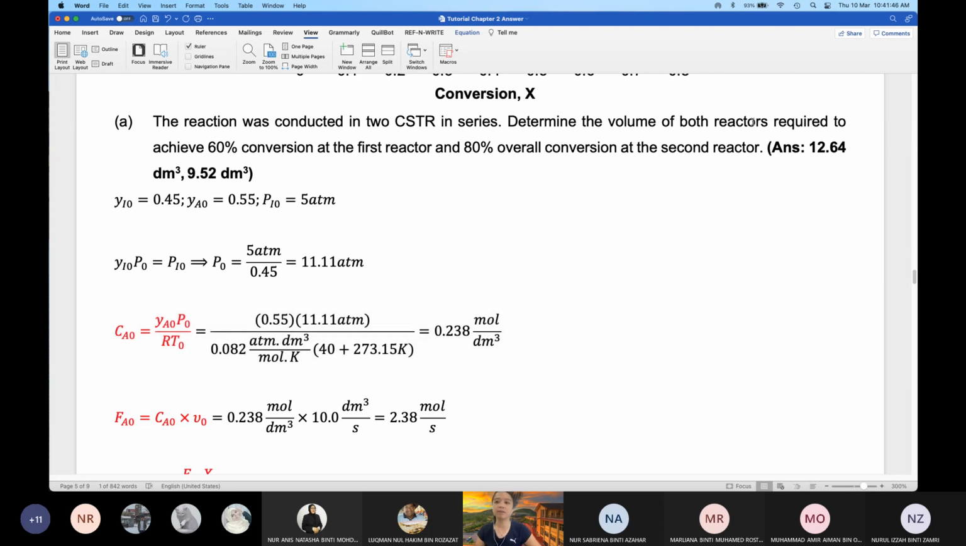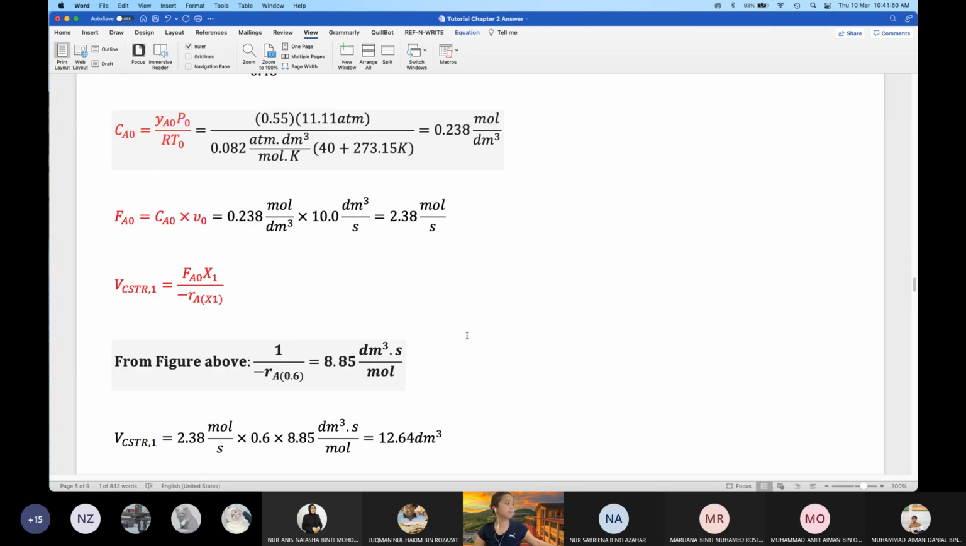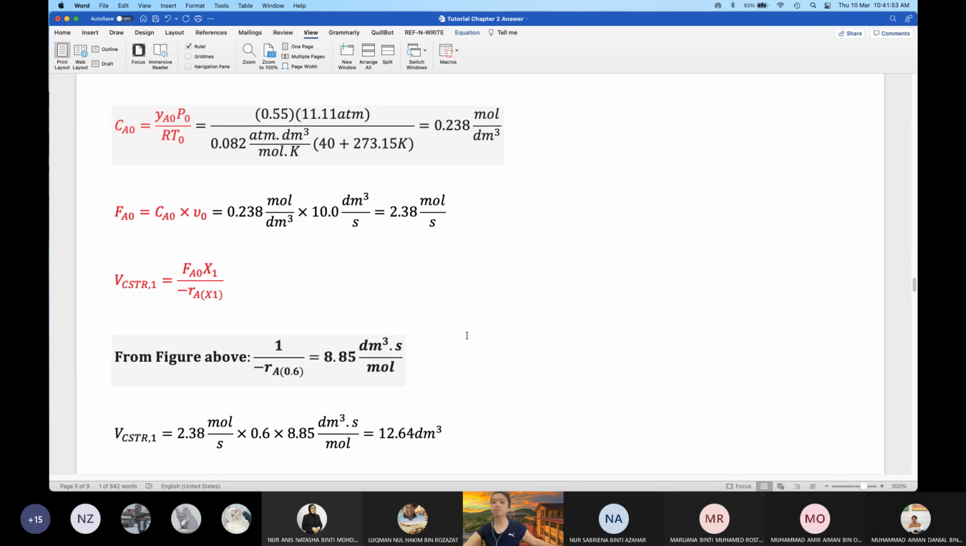So want to meet? Yes. I nak tengok volume untuk CSTR1 boleh tak? Tak sama ke jawapan? 12.64. Betul ke? Do you get the same answer? Siapa tadi tanya saya tu? Dapat tak jawapan yang sama? I tengah cari, I tak dapat tapi macam